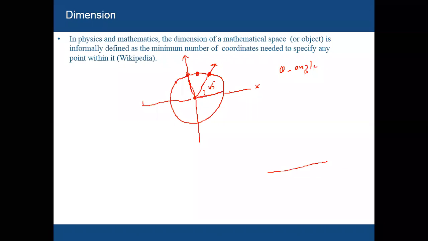Or for example, in the xy plane, if you want to specify the location of a point, you need one number for the x-axis, and for the y-axis you also need one number. So in the xy plane we actually need two numbers. Let's suppose this one is 3, this one is 4. So this point is (3, 4). On the x-axis it is 3 away, and on the y-axis it is 4 away from 0. So dimension actually is the minimum set of numbers to specify the location of a point.